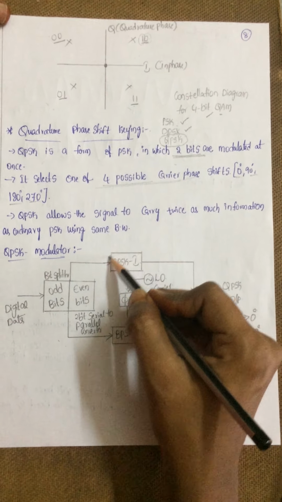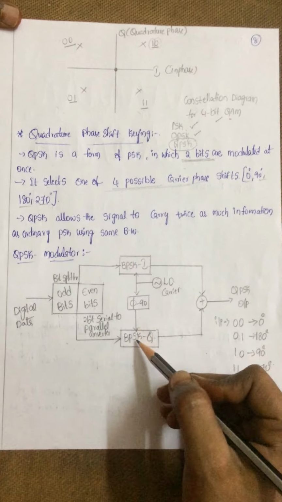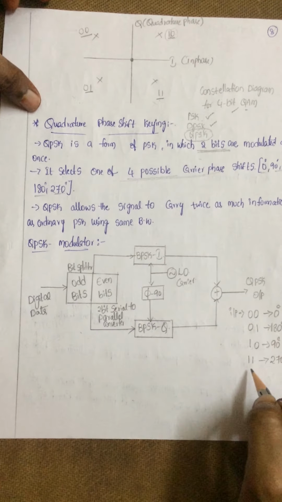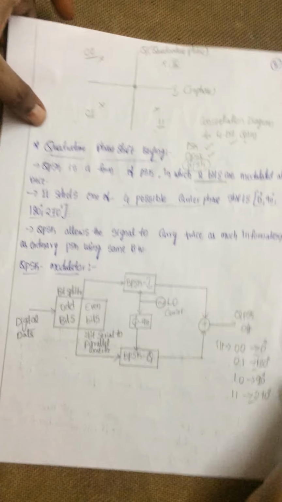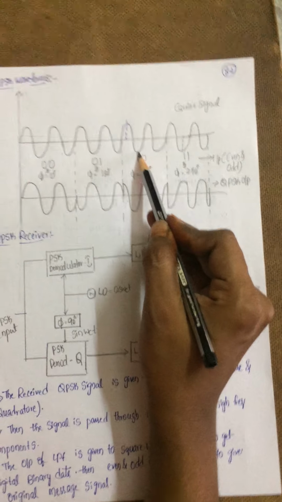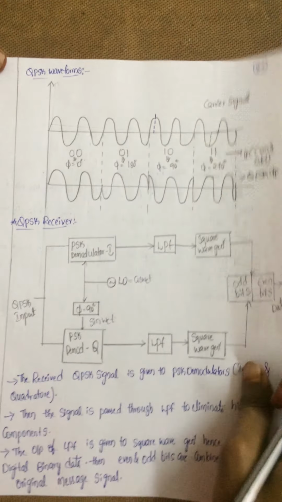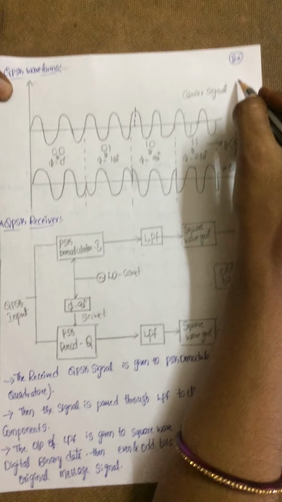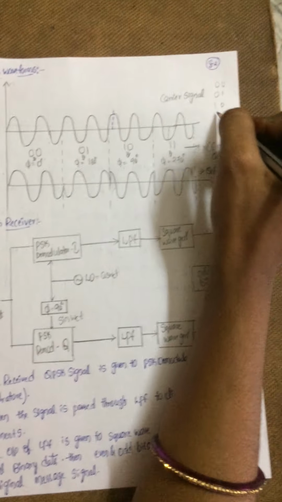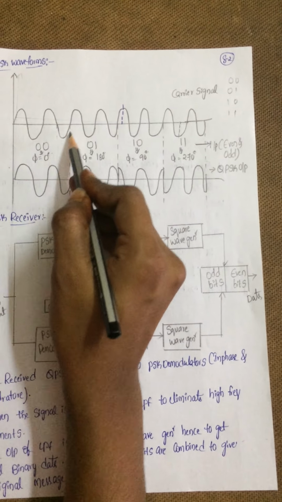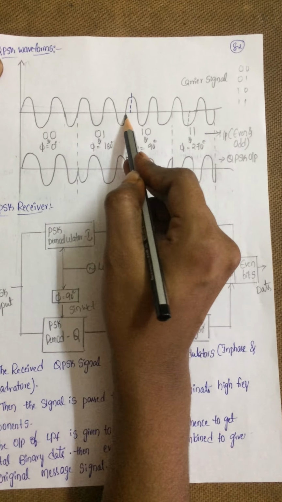The BPSK modulator we have seen already, and that functionality is done over here with a change of phase. Then we will get these phase shift changes. How, we'll see now. Let me take a carrier signal first. With 2 bits at a time, after splitting even and odd, the possibilities are 00, 01, 10, 11. Let me explain with 4 of them, taking 2 cycles at a time.